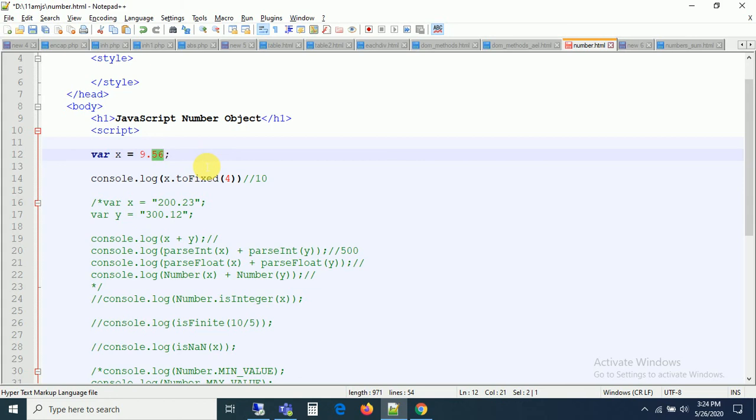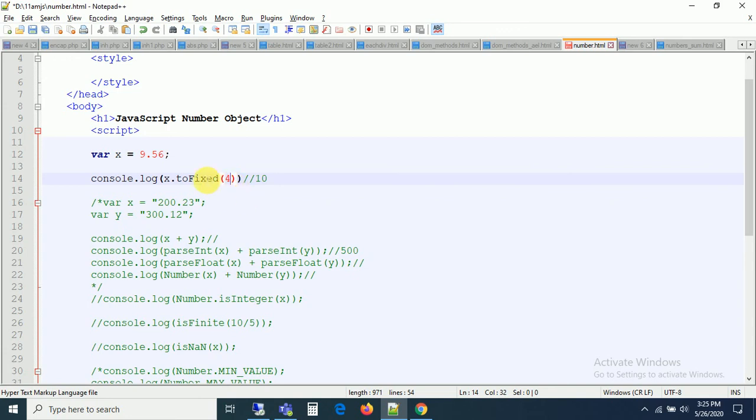In the same manner, I have toPrecision. What this toPrecision method does is it returns a string with a number written with a specified length. Based on that length it is going to return. But here, if it is toFixed 2 it is giving 4.